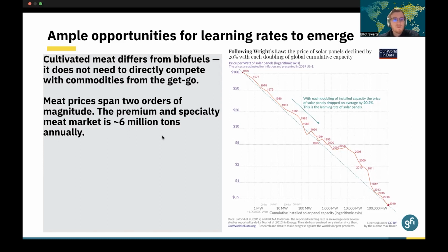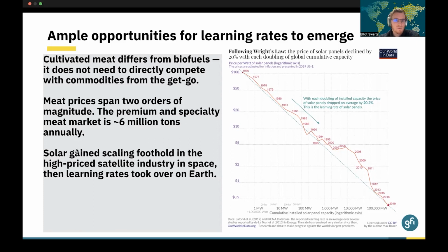And therefore, I think cultivated meat might analogize better to the solar panel industry, where initially the cost of producing solar panels was way too high. And the only industry or buyer that was willing to work with this cost profile was the satellite industry in space. But this actually enabled solar panel manufacturers to start learning by doing and get better at manufacturing solar panels and thus lower their costs, eventually bringing them to consumers on Earth. And then over the past few decades, we've actually seen such precipitous cost drops that